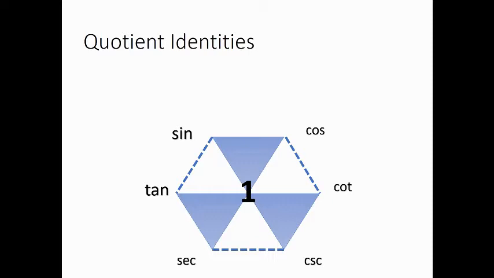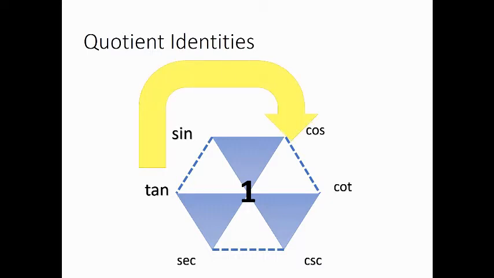Quotient identities are sometimes called the ratio identities. There are 2 identities that you should remember. To find the ratio identities in the hexagon, let us start with the 2 functions at the middle, tangent and cotangent. In a clockwise direction,